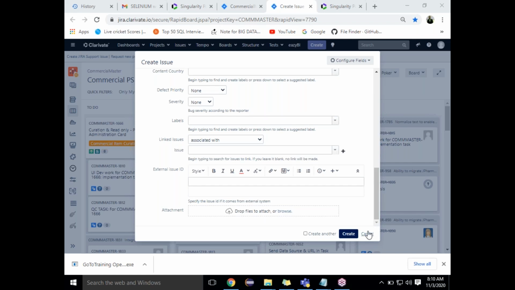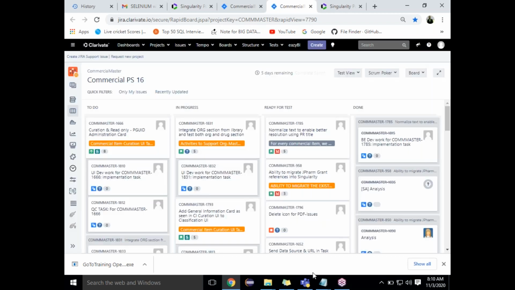So the developer will check it and see, oh, there is a bug assigned to me. I will fix it and I'll close it. Once he has fixed it and reassigned it to you, it will come to ready to test. Again pick the task, move the task to close, done. You can see there is something called done at the end. This is what every company is doing and every test engineer is doing as part of Agile. I hope everyone understood, right?